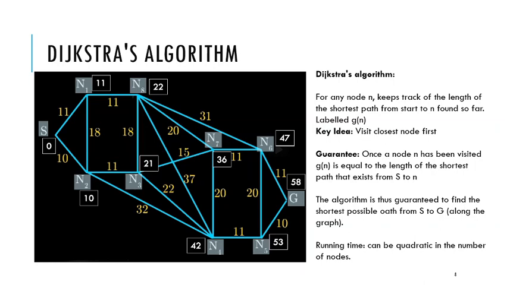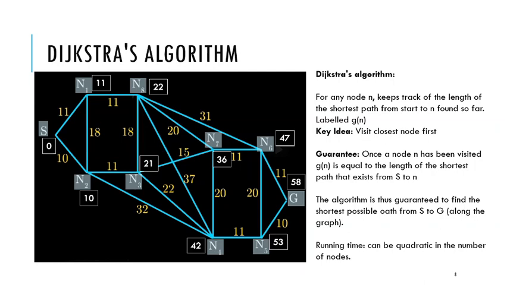But in general, it's not something that we have to worry about. Just very quickly, without going into any detail, in the very worst situation the running time of this algorithm will be quadratic, and it depends on the number of nodes. So if you have a lot of nodes, the running time of the algorithm will grow quadratically with the number of nodes that you have.